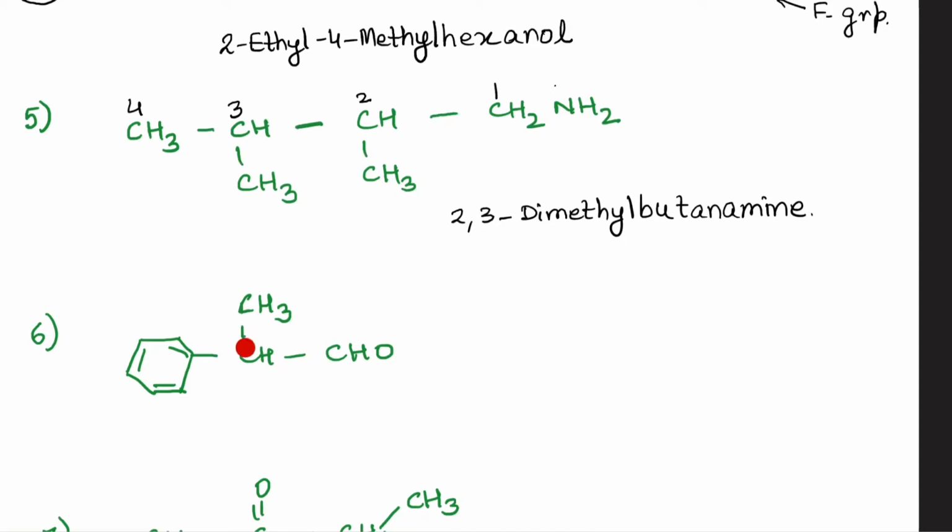Whenever the side chain has a functional group, that becomes the parent chain. Please remember that. So what I have got over here is my parent chain, and I have to number it in such a way that my functional group gets the lowest number possible. So 1, 2, and 3. Go ahead and name this compound. How are you going to name this particular group?